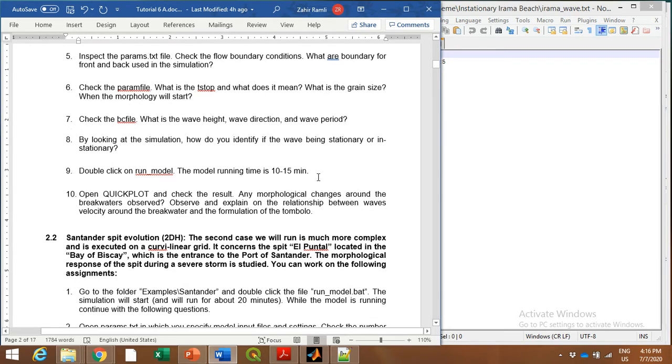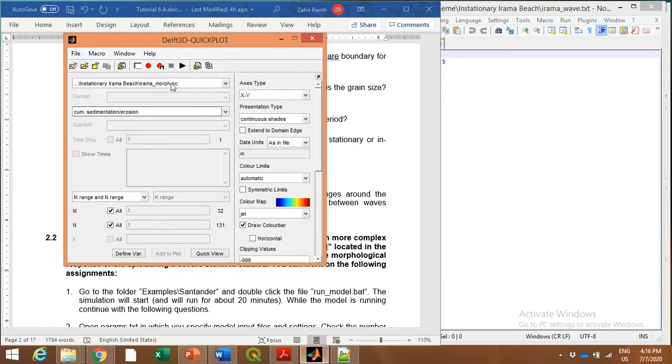And then you can open the quick plot and check the result: any morphological changes around the breakwaters observed? And you can observe and explain the relationship between wave velocity around the breakwater and the formation of the tombolo. So if I open here,